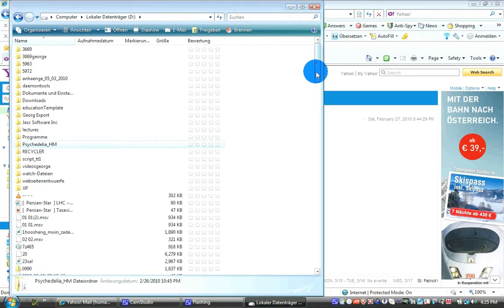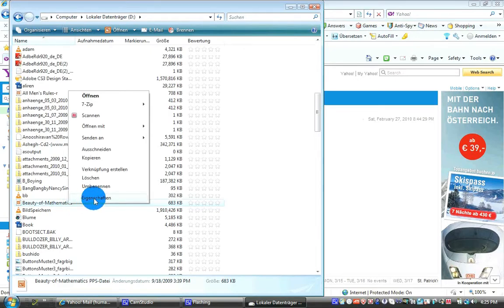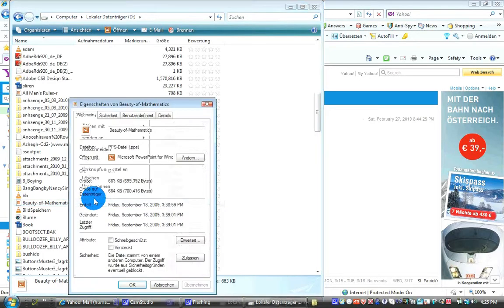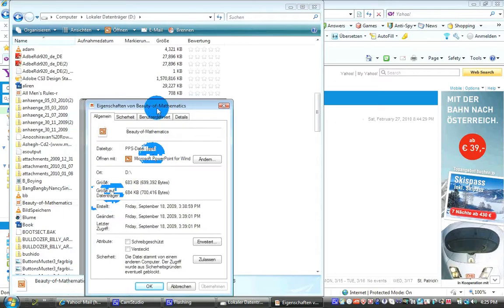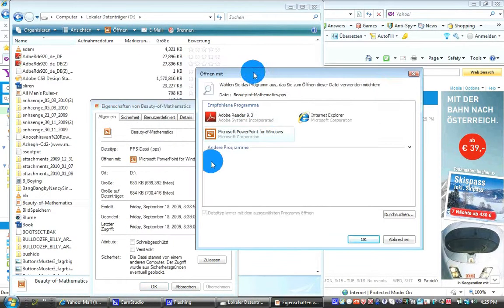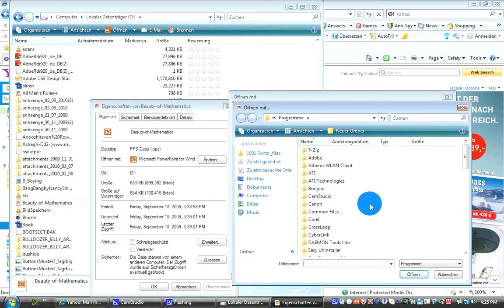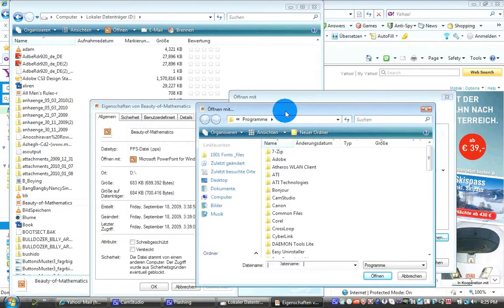Now we want to open it with Office 2000. If you want to open something with another program, you just right click on it, go on Eigenschaften or Properties, then you go on Change, and here you can select the programs. Now the thing is, you have to find Microsoft Office.